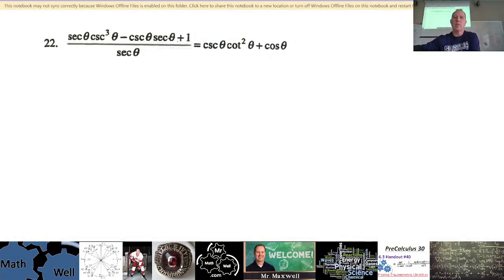Okay, so for this one here, one of the things you could notice is there's three terms. First of all, three terms. Is it a trinomial? Well, it's pretty difficult to see like x squared plus whatever, like a trinomial to factor with two binomials. But what we could do is try to tear down or break up these secants and cosecants and figure out if they combine in any way to make a tangent or a cotangent or something. So I might use that tip to change everything into sine and cos, or you could factor